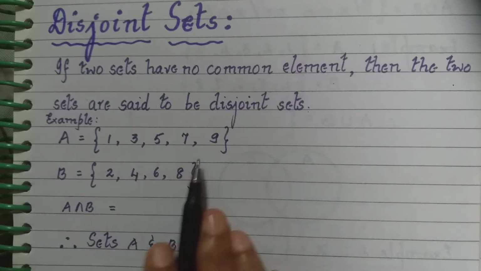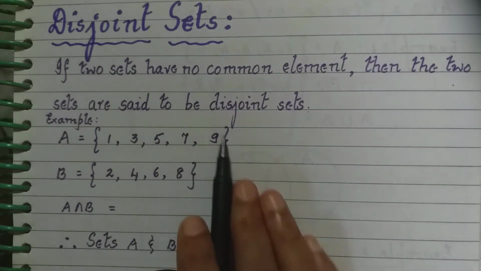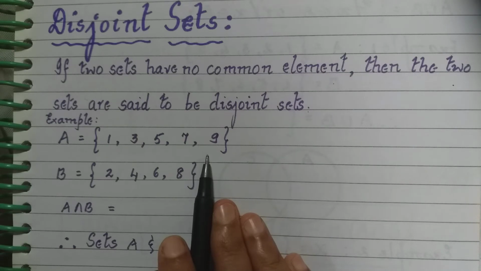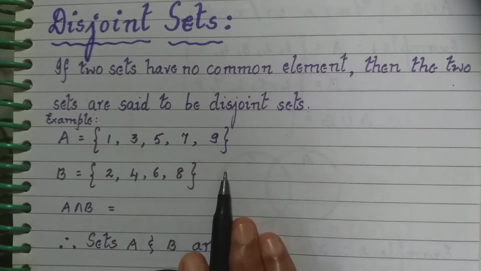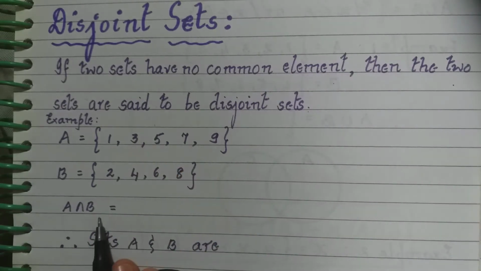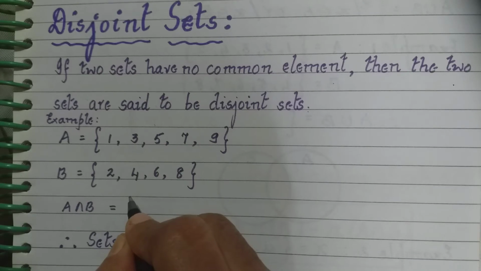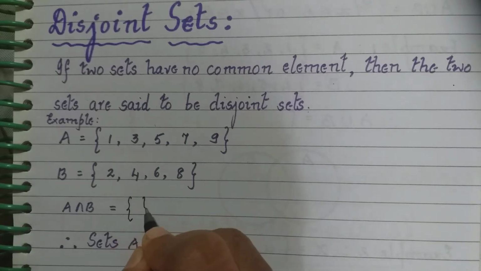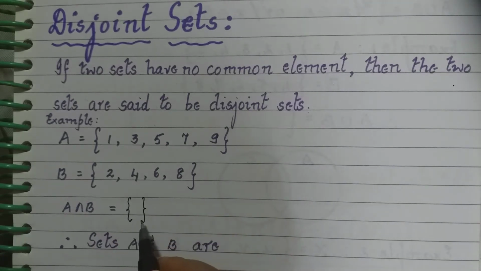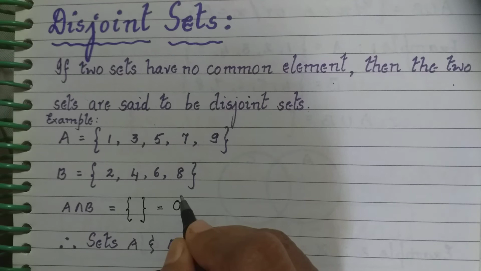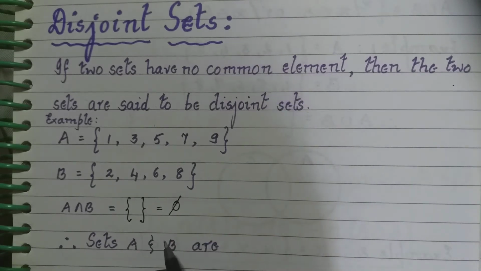So when we talk about what is common between the two sets, which type of operation is that? That is intersection. So if I were to do A intersection B here, we are not seeing anything common between them. So what type of set is that? That is a set which has no element at all in it, and it is nothing but an empty set, or it is also written as phi like this, right?